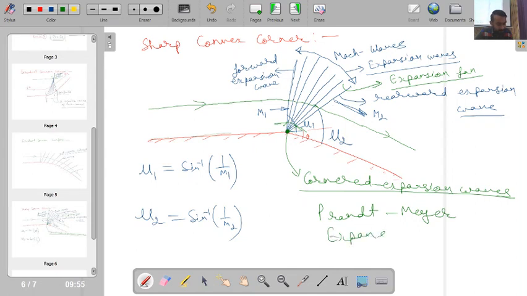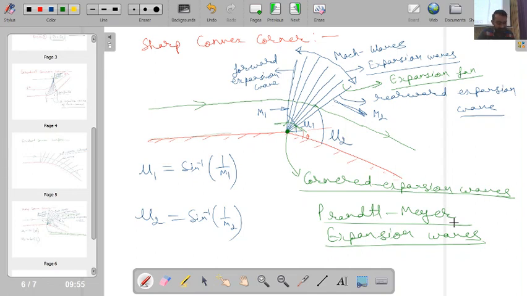So these are also called Prandtl-Mayer expansion waves. Prandtl, sometime in 1905. If you see Prandtl, he is famously known for his works related to the boundary layer phenomenon, but in 1905 or 1906 he also did some work which predicts the thickness of the shock waves for